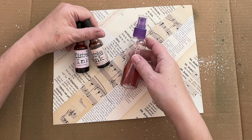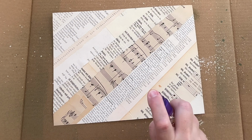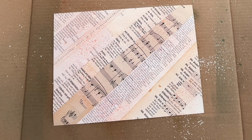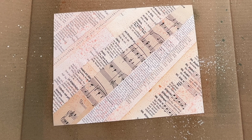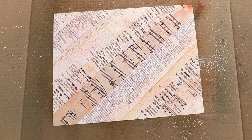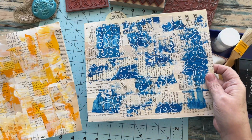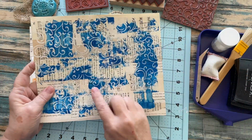I'm not decorating it this time in this video. That'll be next week, when I'll show you what I'm doing on top of the masterboard. That will be interesting. I'm looking forward to it. But this week, it's all about adding color and other embellishments, starting with the color, whether it's spraying it or with the ink or the acrylic paint